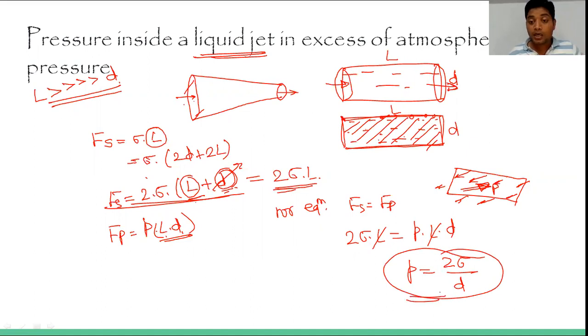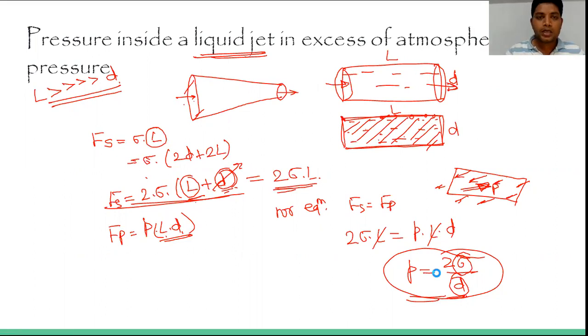So this is for the liquid jet. Okay, that is 2 sigma, where sigma is the surface tension, and the diameter d. If you look at both relationships, whether we are talking about a liquid droplet, a soap bubble, or a liquid jet, the pressure depends on two things. First is the surface tension, and another is the diameter. Diameter is different in every case, but you should keep in mind that the internal pressure or the pressure difference depends only on these two things: surface tension and diameter.